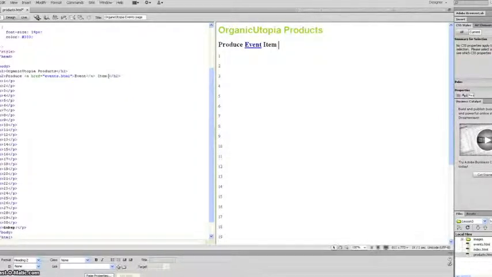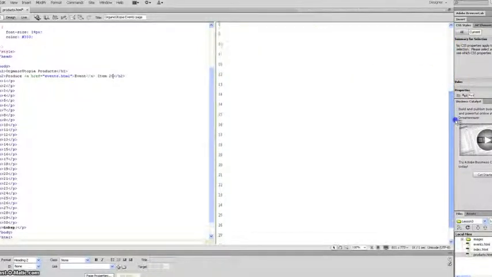I'm going to go ahead and put item 29. So what I want to do is when someone clicks on this item 29, I want it to scroll down automatically and put the cursor in front of this right here, item 29. So I'm going to click here,